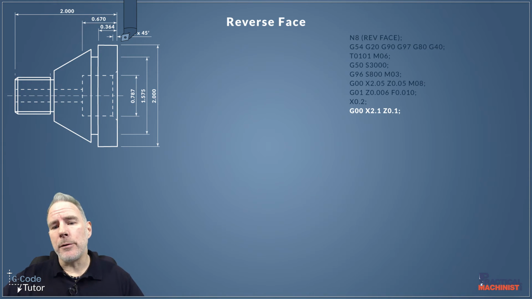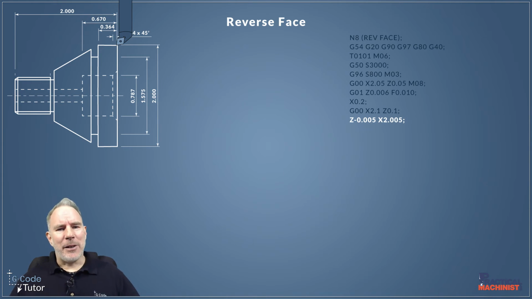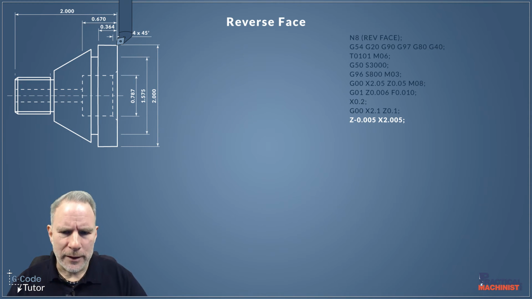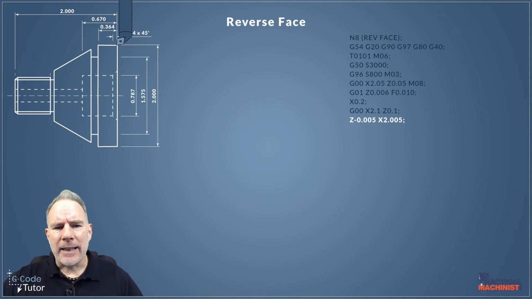for our next move. So our next move, what I'm doing here is I'm reverse turning a small chamfer on the very corner there just to remove any burrs. So it's only a very small chamfer, so we're moving our tool -5 thou in Z and 5 thou up on our X diameter there. So the tool's almost touching the part here. We're only 5 thou away in each diameter and length, but I'm doing that for a reason, because this next